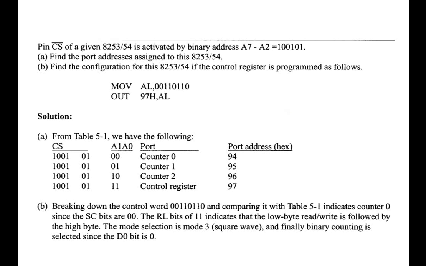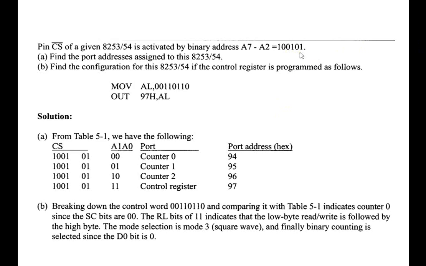Hello everyone. Today we will discuss a PIT section with our math sections. First of all, here we can see that pin CS, chip selection, of a given 8253 and 8254 is activated by a binary address A7 to A2, which is